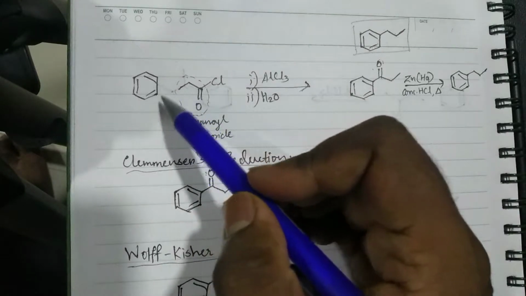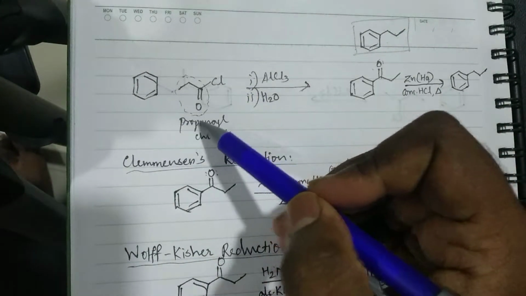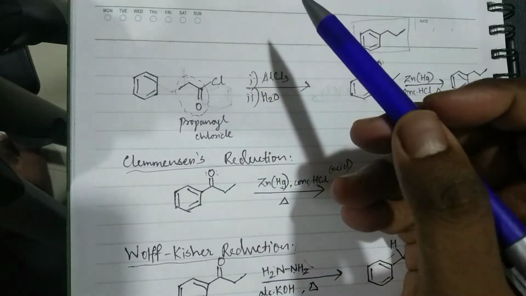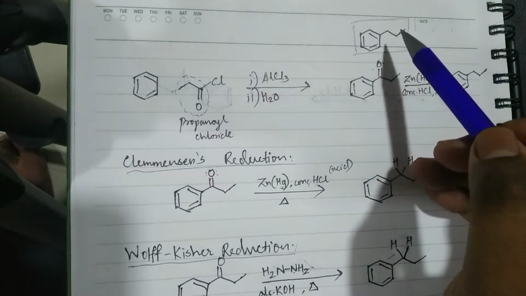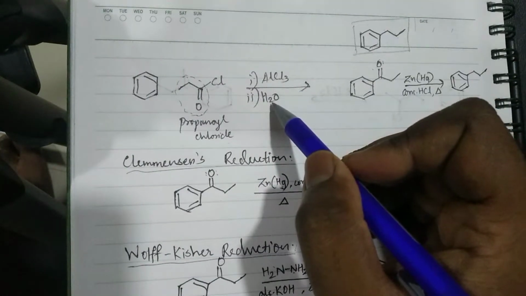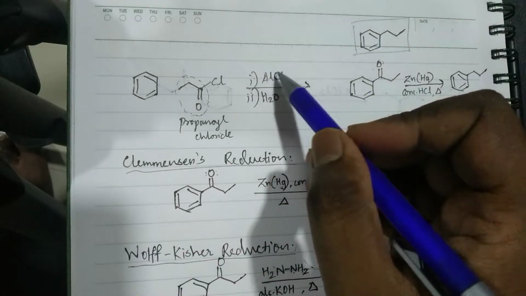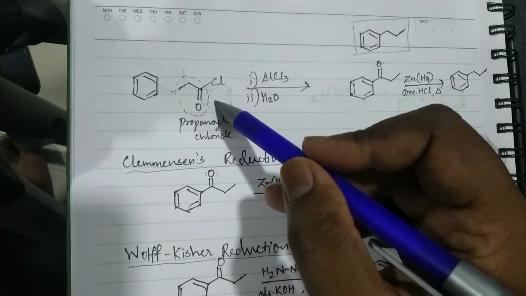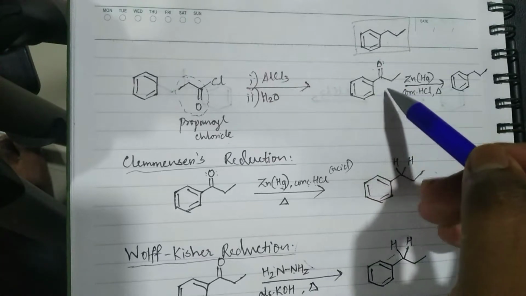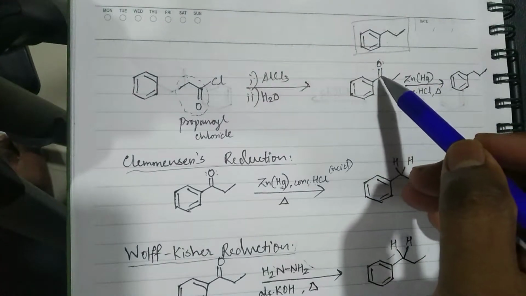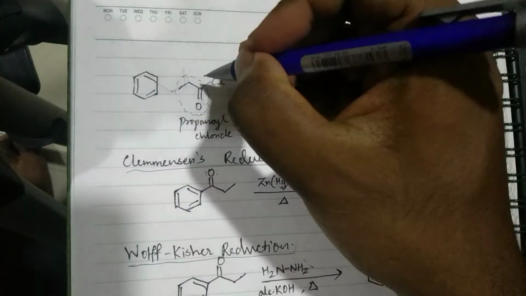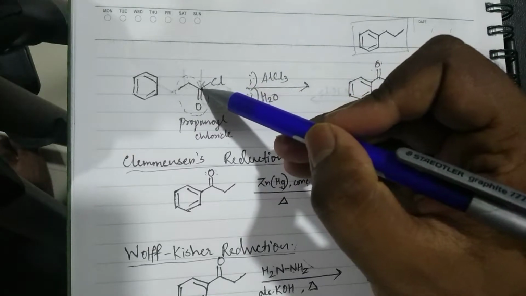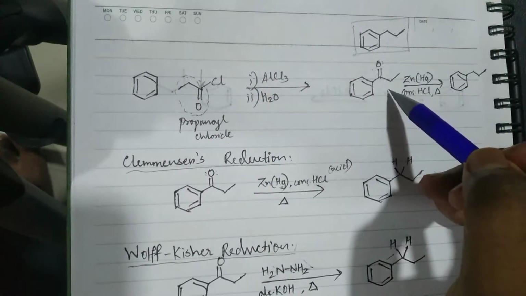In the acylation reaction I have a benzene ring, then I have a propanoyl chloride which I'll be using. Why propanoyl chloride? Because I need only 3 carbon atoms to be attached to the benzene ring. Keeping this thought in mind, in the acylation reaction, AlCl3 will remove this chlorine. It will generate this acylium ion, which I've put in a circle here. This acylium ion will simply get attached to the benzene ring. The electrophilic center is the one I have marked with the pencil just now, so this carbon will get attached to the benzene.